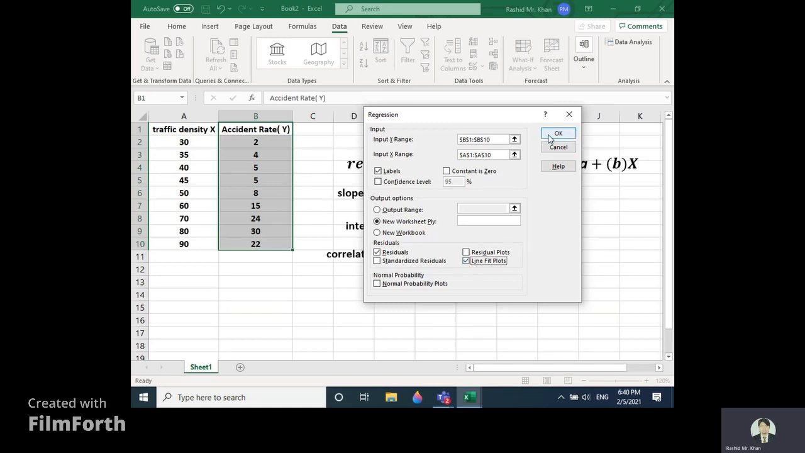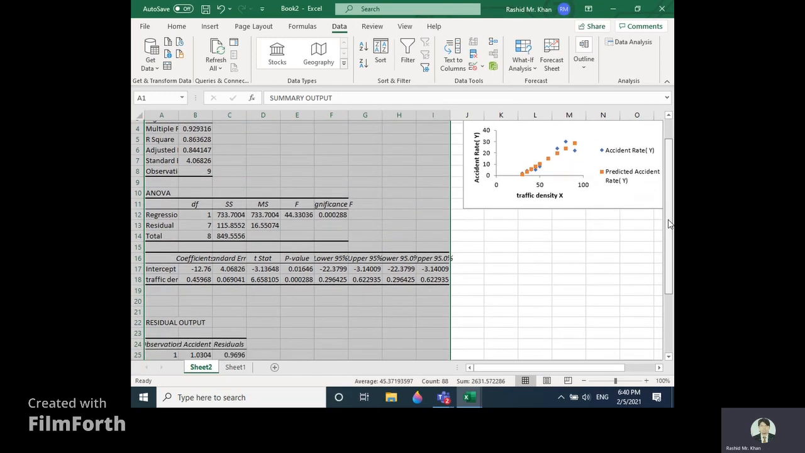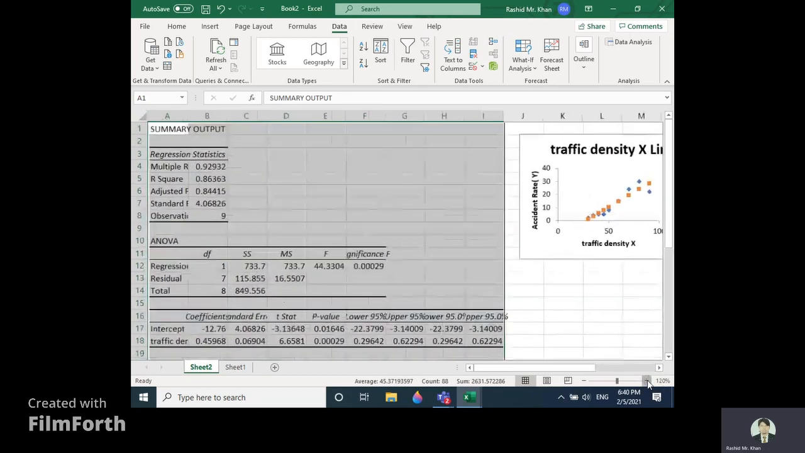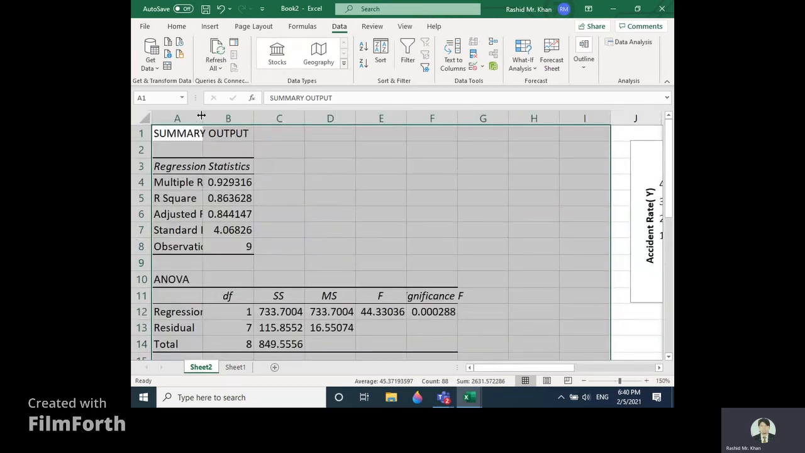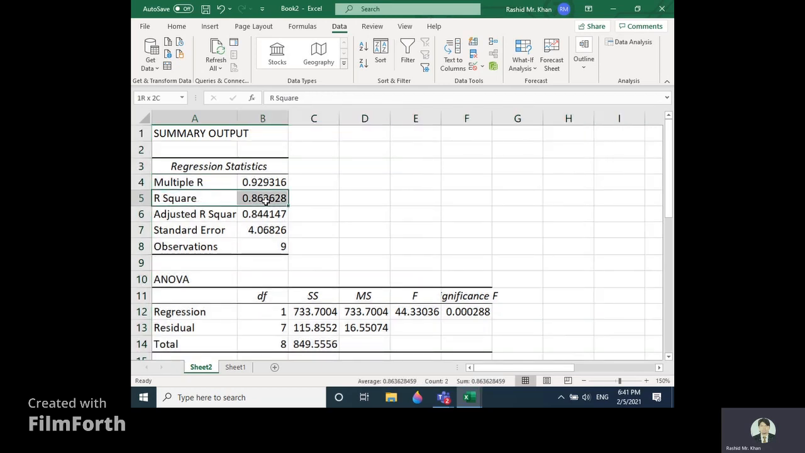Okay, so now just click OK, and this is our summary output. We will not discuss the ANOVA because we have a very small sample size, so we are not going to check the significance of the data. Look at the R square,